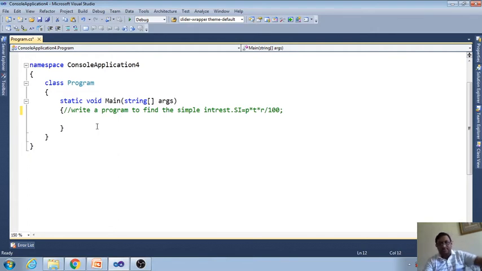So let us declare the variables. Integer P, T, R, SI. This is the simple interest.